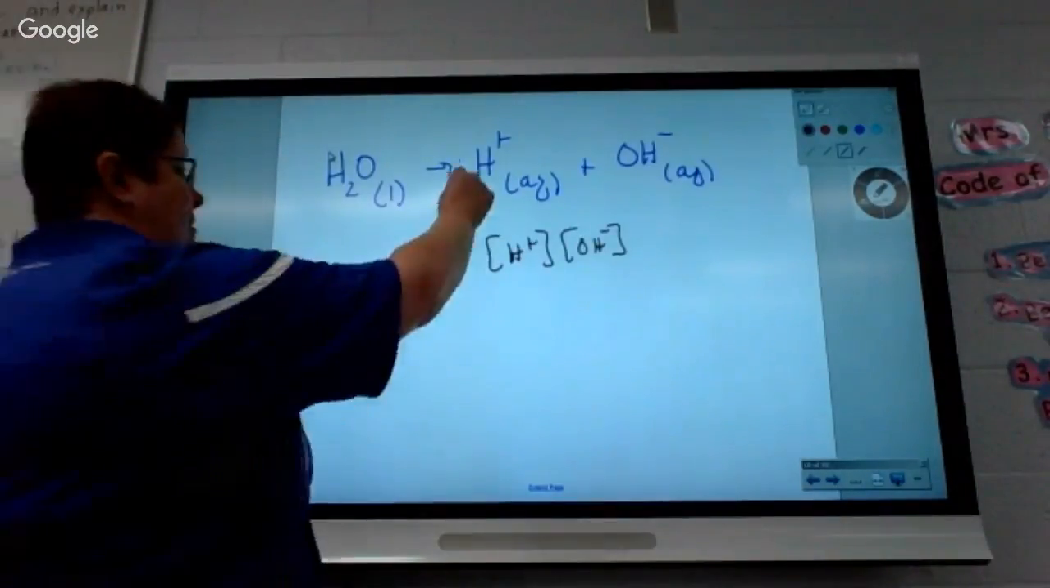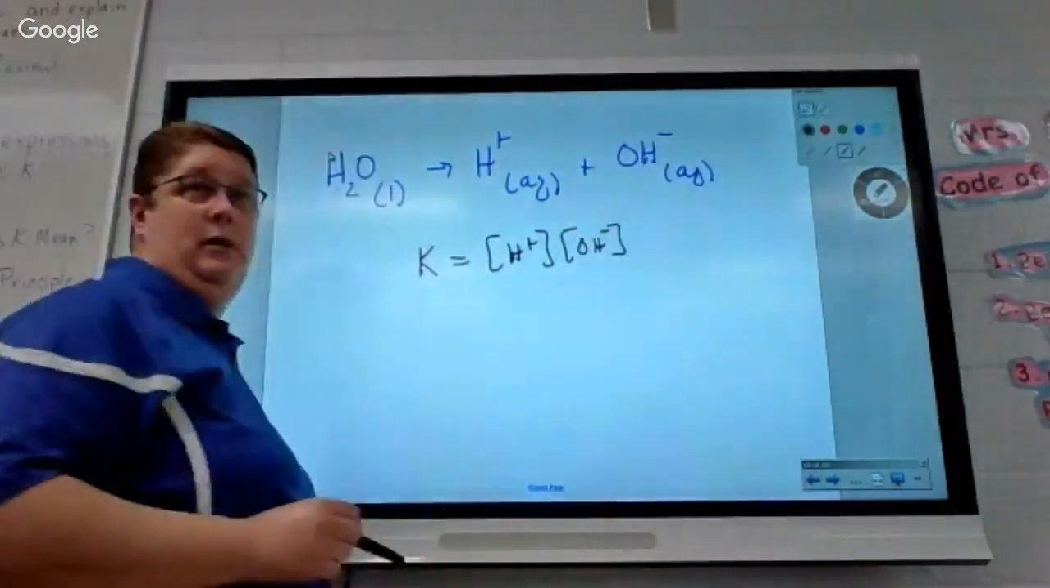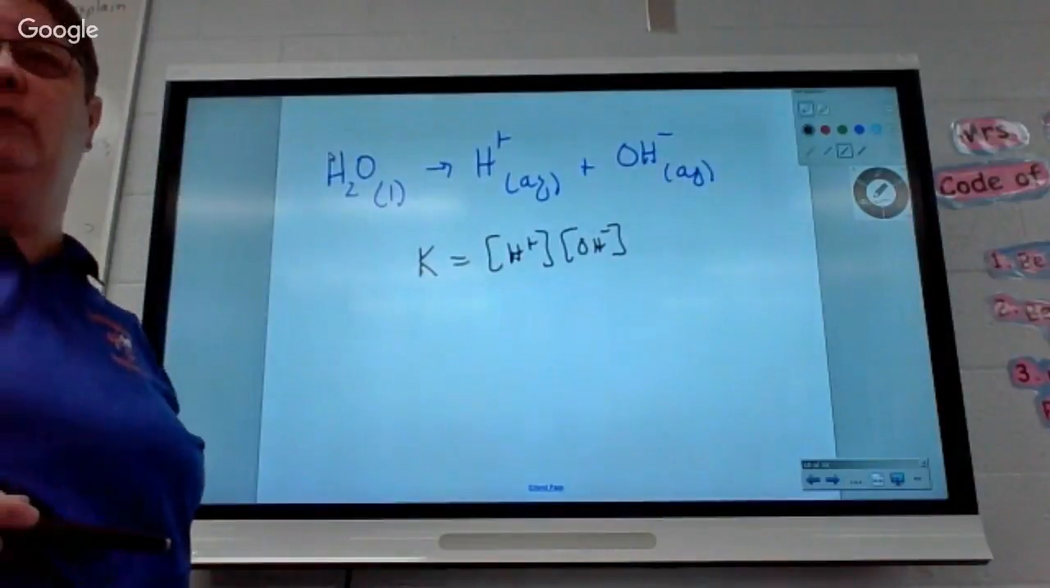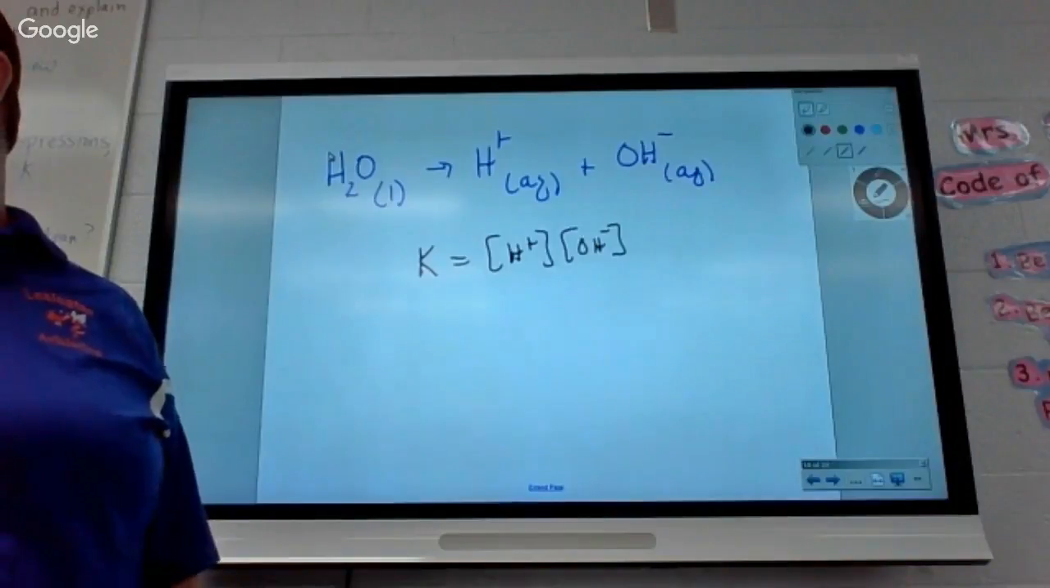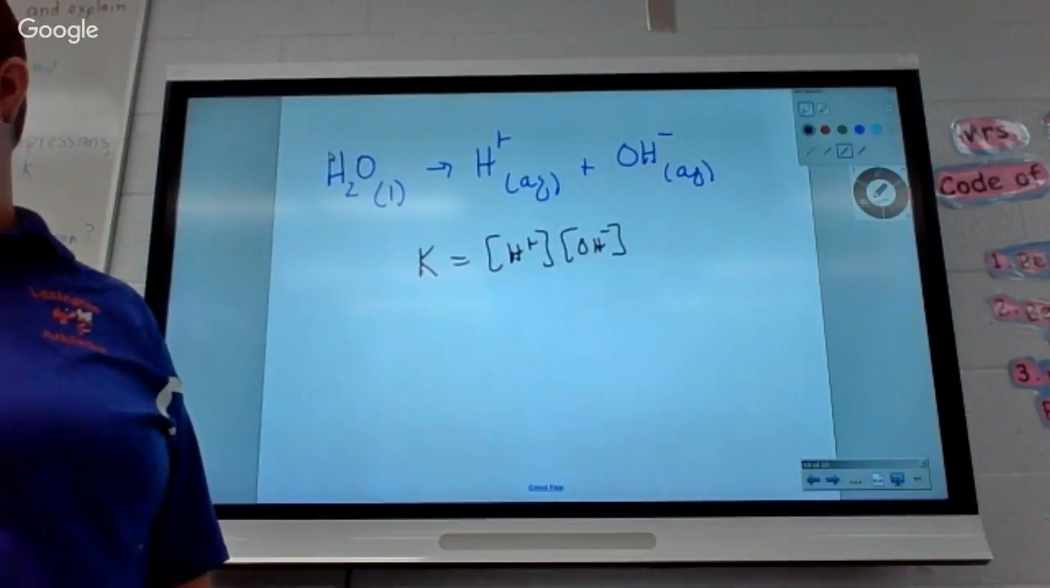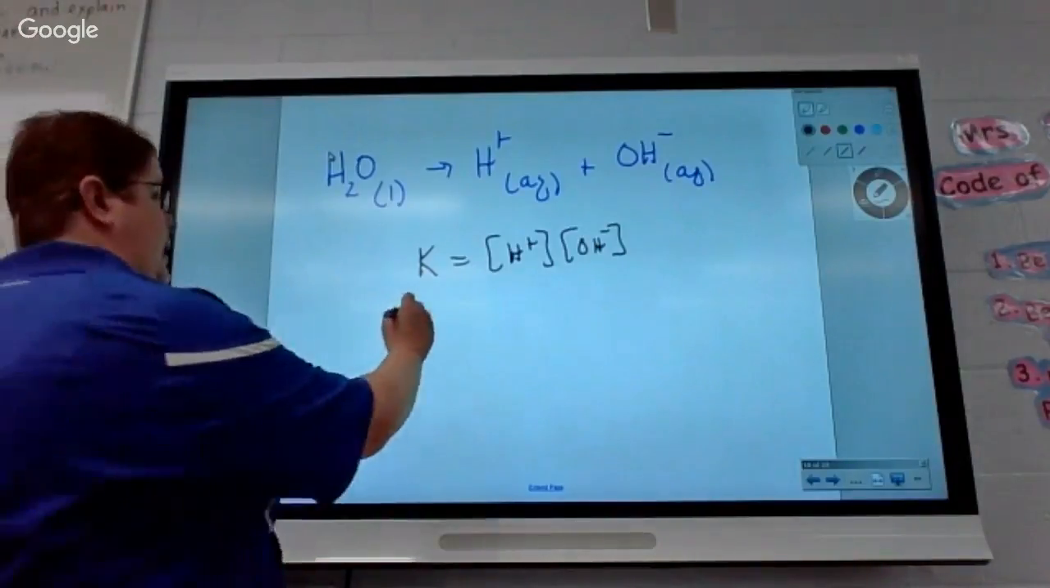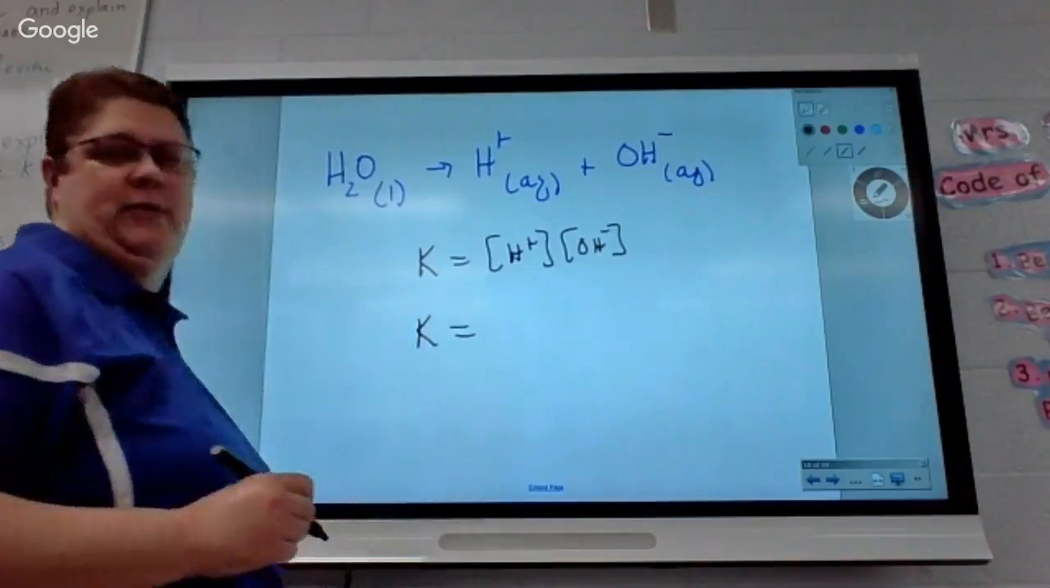The products go on the top. Solids and liquids cancel. You should give us homework on this because I like it. I'm glad you did. Just kidding. I'm going back to it, 1.5. K equals...